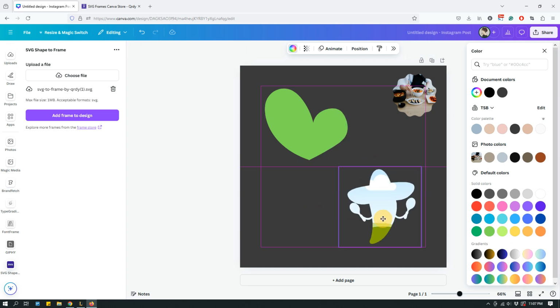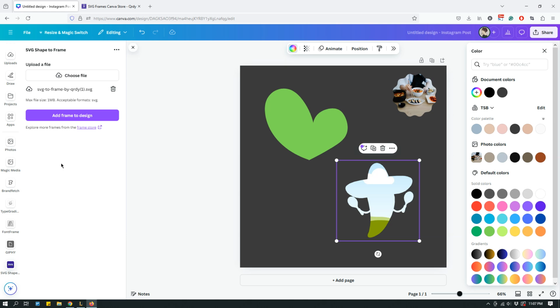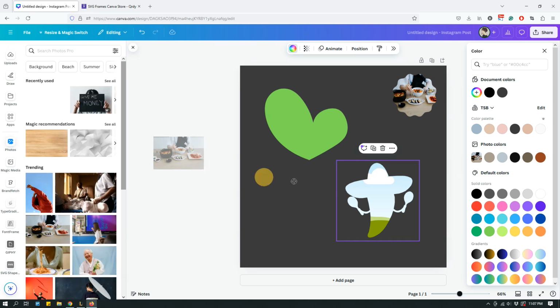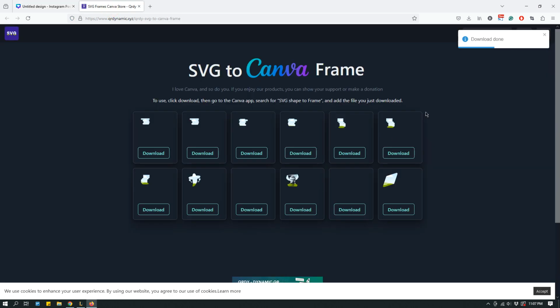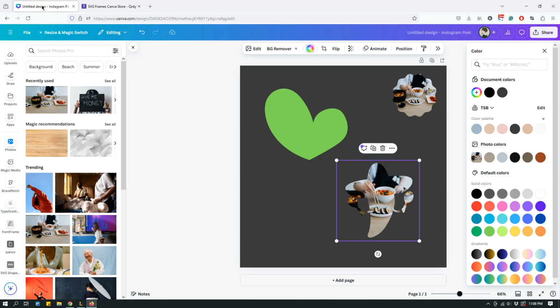So I feel like I'm doing something wrong, only I don't know what I'm doing wrong. So if you figure it out, by all means, let me know how you did it. But so far, while I was trying all these different things out, I realized that the only frames that were actually working are the ones that I downloaded from the app maker. Basically, this is the website of the app maker, and they have some custom frames available. Very limited, only a few. So if you choose one of these shapes and then you try to convert those shapes into frames, then it works. But if you create your own shape using Illustrator or something similar,